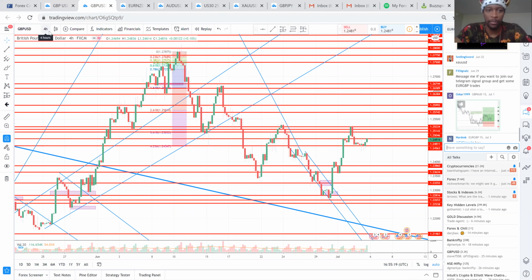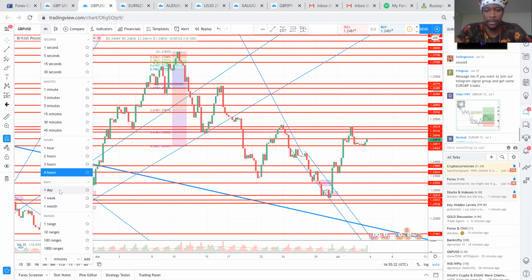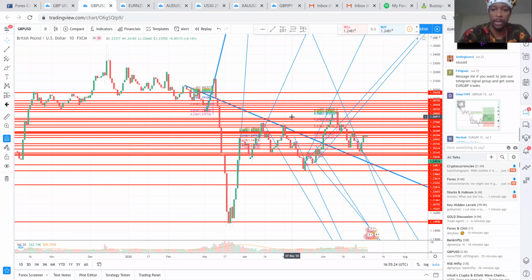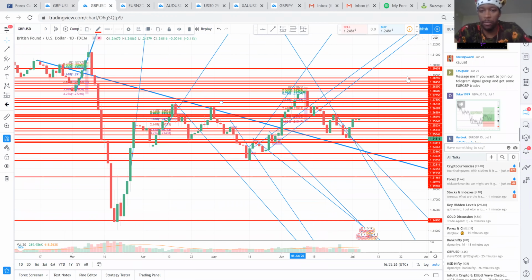So let's go to the daily chart. Right now, there's so many lines because this chart has been marked up a lot. So as you can see, last week, this pair pretty much ended an uptrend. So for this week, we have the option of potentially continuing up and testing this area, or breaking and coming back down to this area.